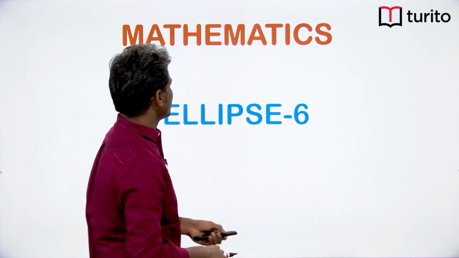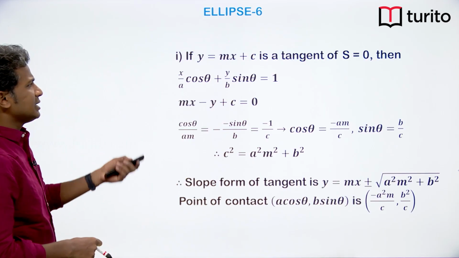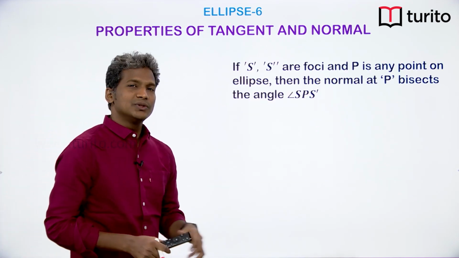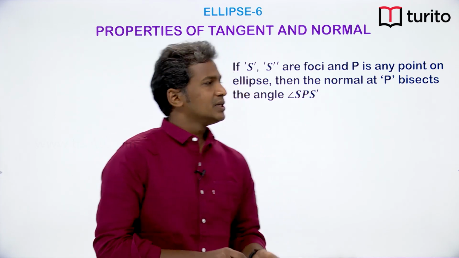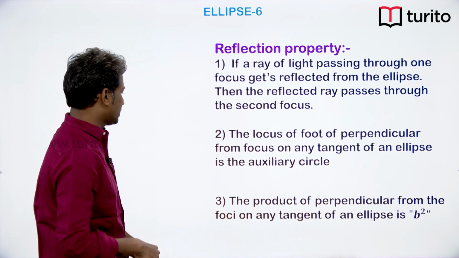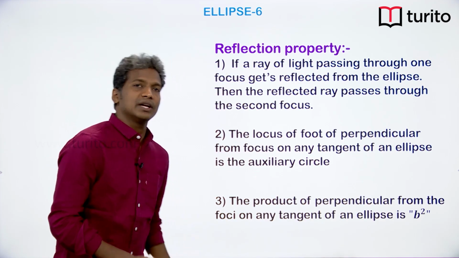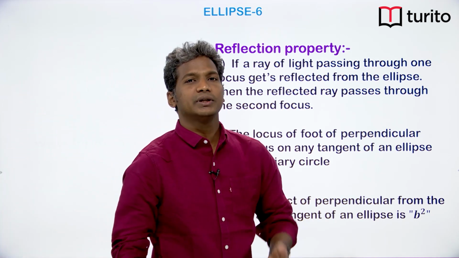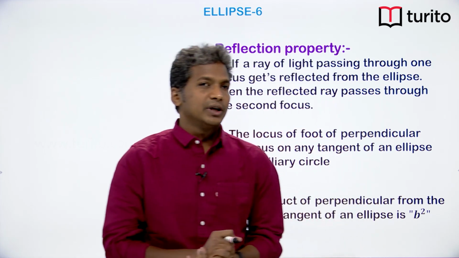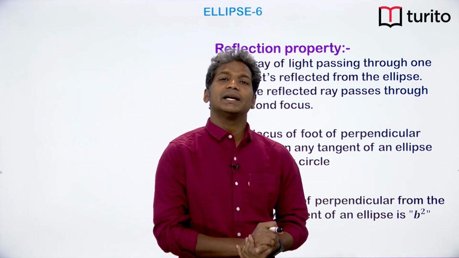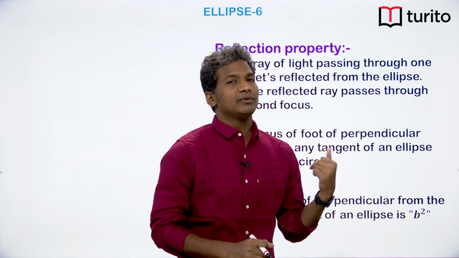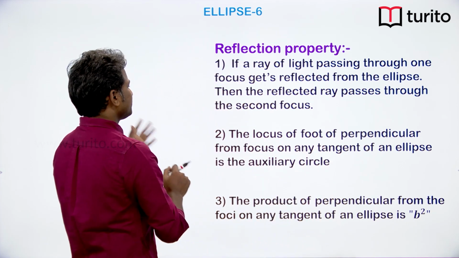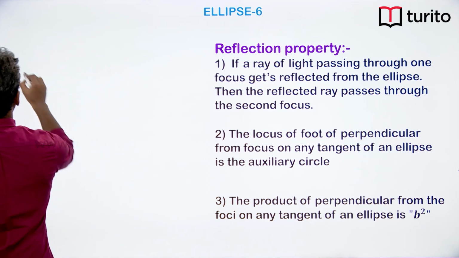Basically, we have learned all these equations and we proved this property using simple geometry. Now let us prove the next property, which is the reflection property. The reflection property is a very famous property for conics. We have also seen one reflection property in the parabola. Similarly, we have one reflection property in the ellipse. So, here the first property is,